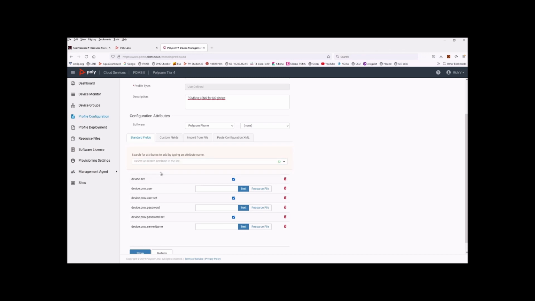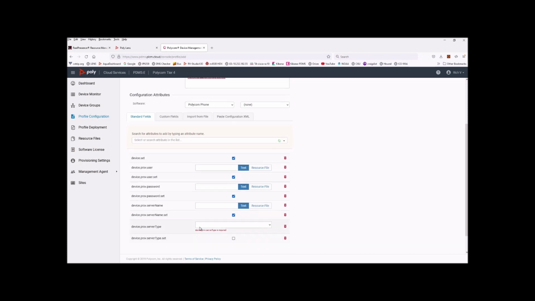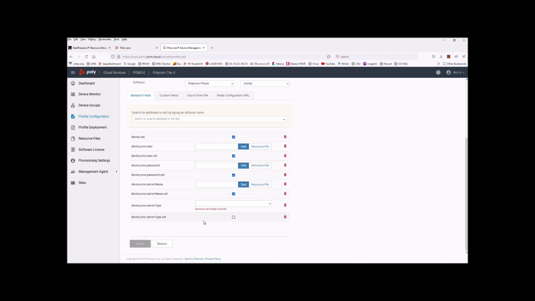Device provisioning server name set. We need the device provisioning server type. And again, we need the set attribute to go with that. Device provisioning server type, that should be set to HTTPS.